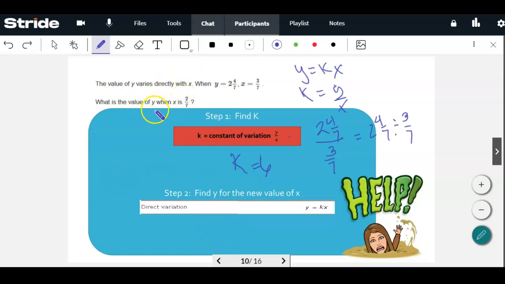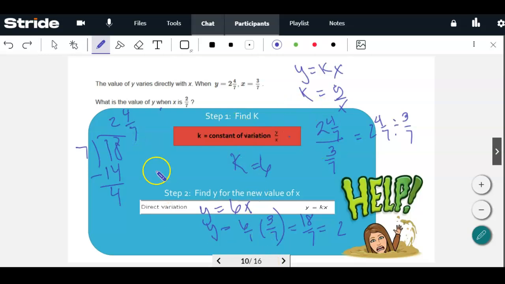So what is the value of y when x is 3/7? So now we have our equation, y equals 6x, and we know that x is 3/7. So we're going to multiply 6 times, you're going to put a 1 underneath, 3/7, multiply straight across. Since these are mixed numbers, let's change that to a mixed number. 7 goes into 18 twice. Remember, this is like just doing this division. 7 goes into 18 twice. Multiply, subtract, and you have